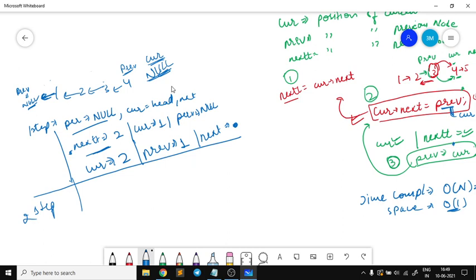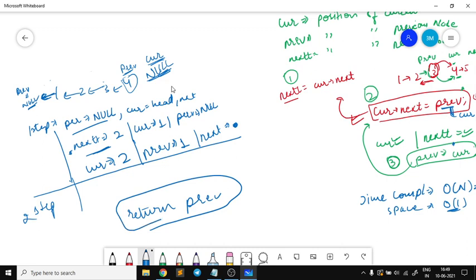So once our current reaches this one, we will stop iterating our list. And as you can see, previous is pointing to the new head node, right? So what we will return, we will return this previous, correct guys? That was the point I was talking about, right? So we have to return this previous node, correct? Now I hope it is clear to you what we have to return.